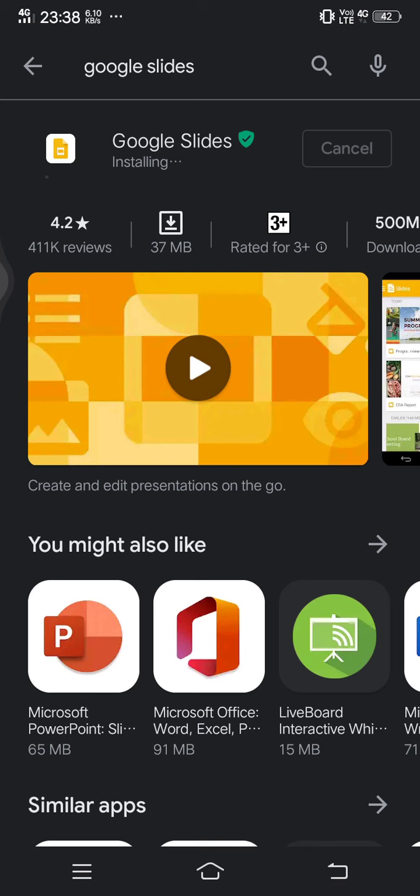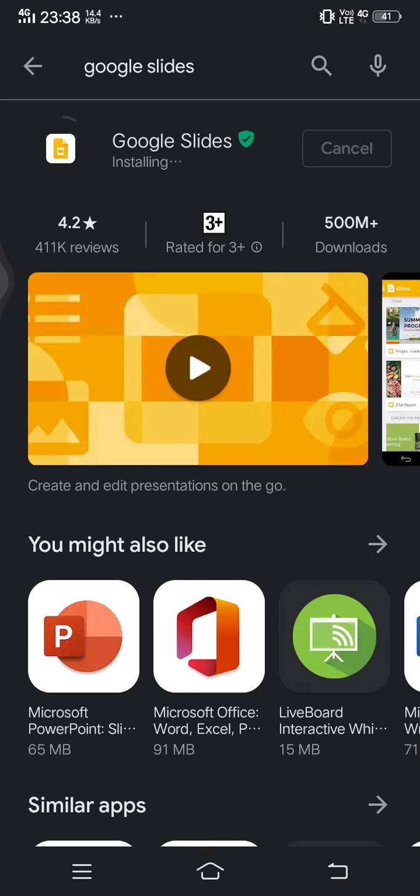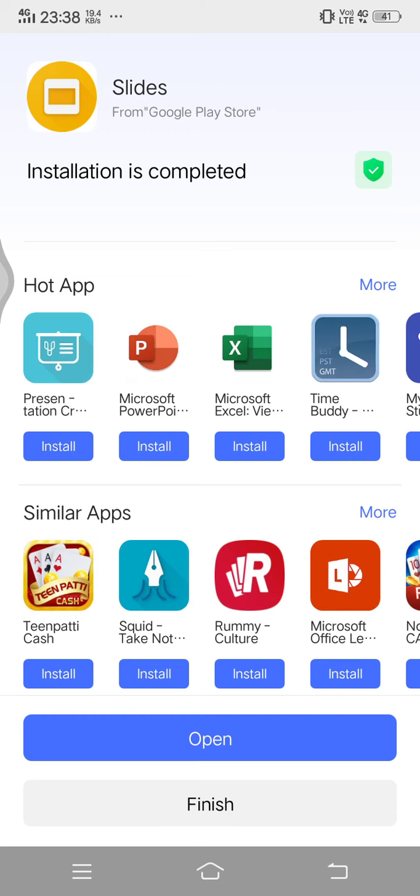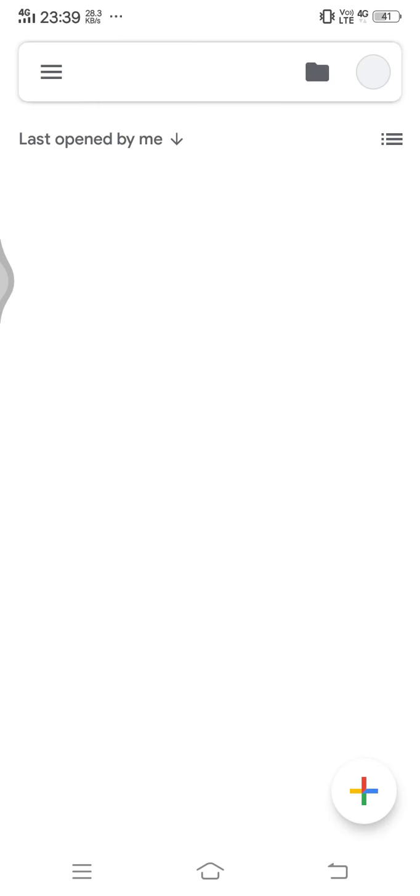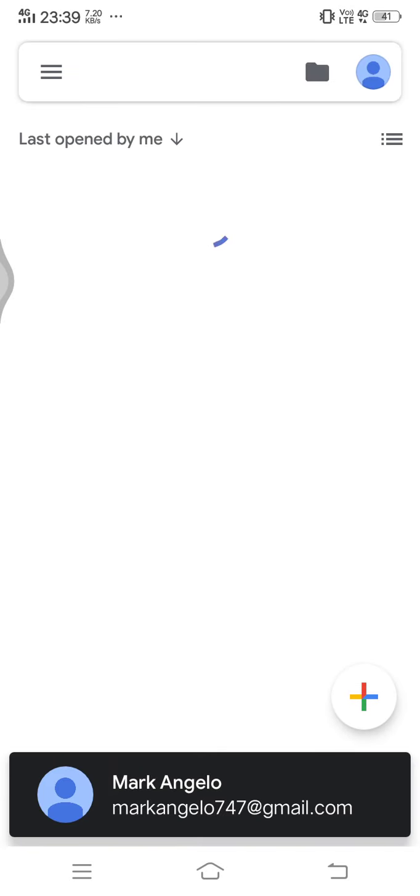It is installing. Before you use your Google Slides, you need to make sure you're using the right email ID. So now in my phone, I automatically get up this whenever there is a new app installed. So I say open. Once I give open, this is what happens.